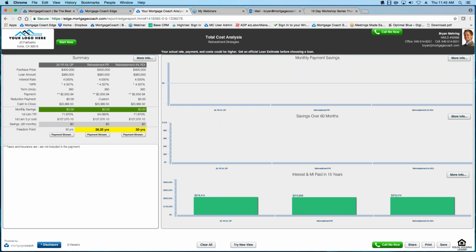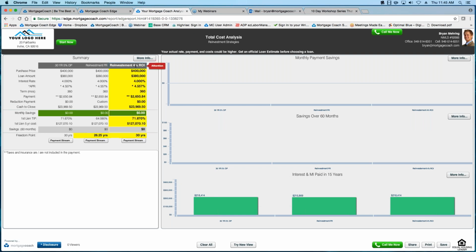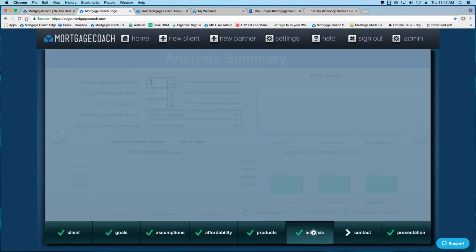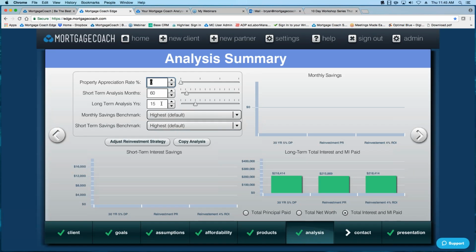years. So if you're going to paint this picture, if you're going to take the time to explain that picture to your client, you want to make sure that the metrics are set up so that it's going to help you point out your case. So come into the analysis area, change the time horizon to the length of the loan. You could put in a property appreciation rate as well. I'll put 3%. But the big thing is that you want to change it from interest in MI to total